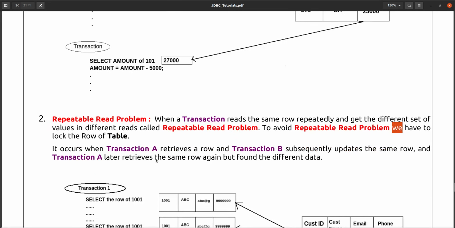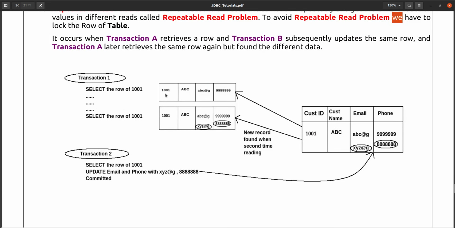Suppose this is transaction 1, which selects the row of 1001. After that, another transaction came, selected the same record and updated the value of the email and phone number only.